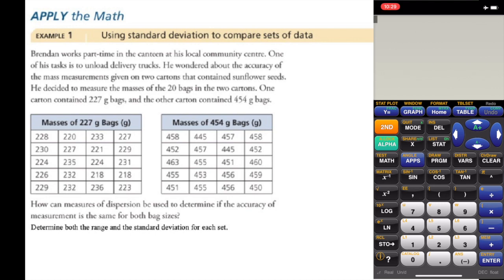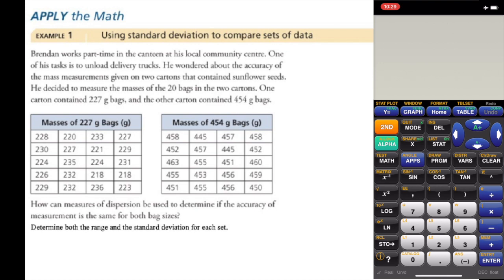Now, obviously, with any kind of food product or anything that's sold by weight, there will be a little bit of variation. Hopefully not too much, and hopefully the mean is close to, on average, what they say the package is. But what we can do with this is we can look at the mean and we can look at the standard deviation, and we can see, are these consistent? Are they accurate? We'll turn to the graphing calculator,